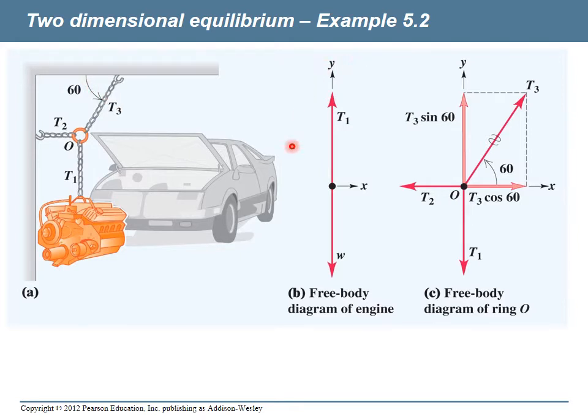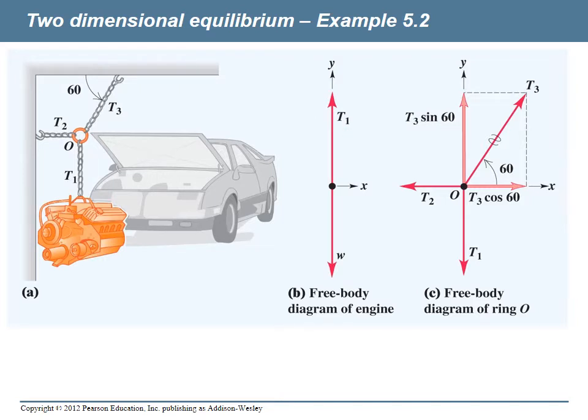So first thing here, we have the free body diagram of the engine. Just draw a point here, right? And then we'll label this. Make sure to label your axes. What is positive, what is negative? Because we'll turn arrows into algebraic signs, plus and minus, after we get done. So there's our positive y, there's our positive x, sticking with standard sign convention here, and then we draw the engine as a dot, and the weight is a vector down, and then tension 1 would be a vector upwards,